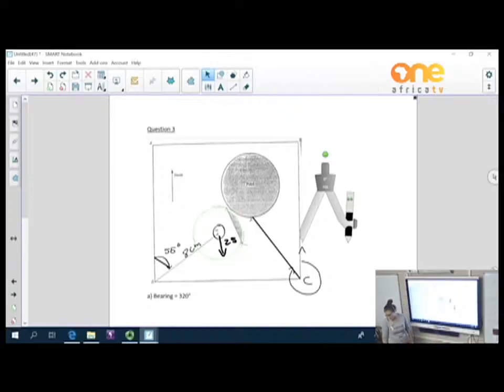Then you have to draw the locus of points equidistant from M and P. Mine is there at the top, here at the bottom, and get your line through your construction lines that crosses. And your treasure is hidden less than 25 meters from M but nearer to P than M, and there we have our